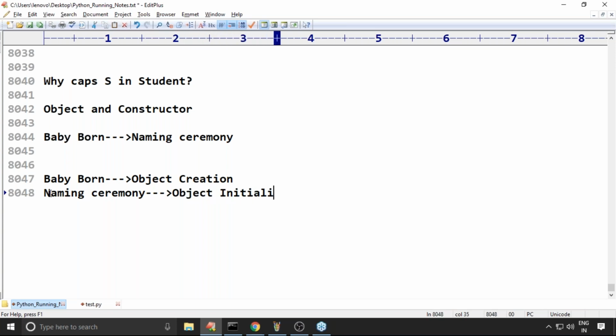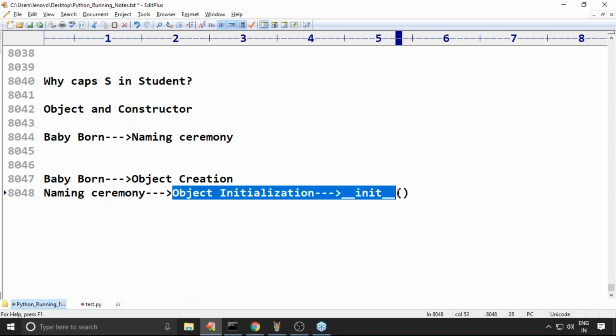Who is responsible for this? Our __init__, the constructor, is responsible for this initialization.